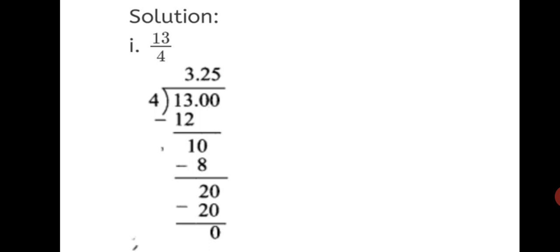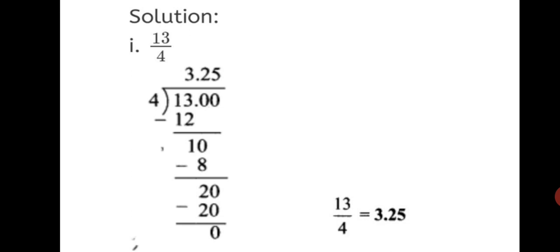So which type of decimal form is this? This is terminating decimal form where the remainder is 0. So your final answer is 13 upon 4 is equal to 3.25. Okay, very simple. We just divided 13 by 4, and to carry out the complete division we wrote 13 as 13.00 and worked out the sum. In the quotient we put a decimal point just after 3, that means just after solving the number 13.